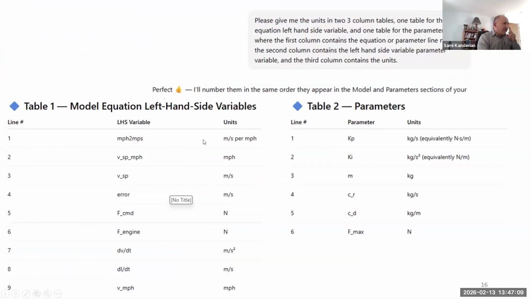Hey, what are the units that you used? And can you give me the units for all the equations and all the parameters? And it said, sure. And so that's what it did. It gave me for every equation what the units were, and for every parameter what the units were, which I